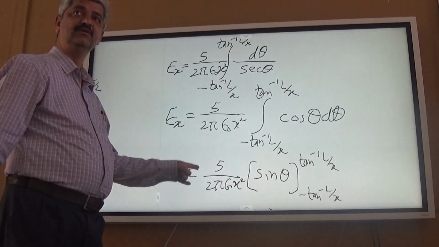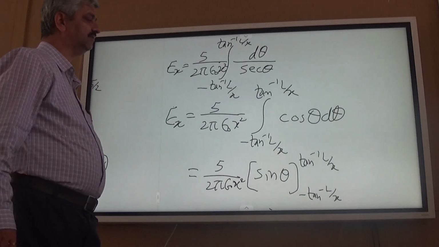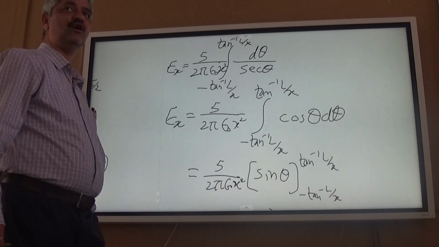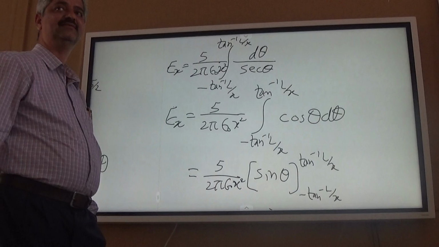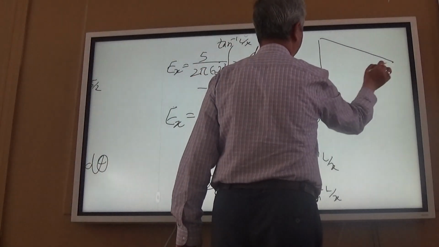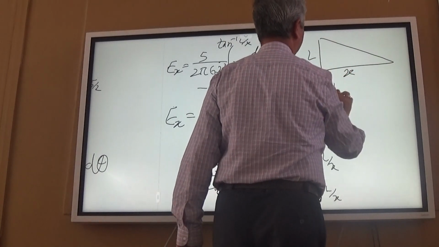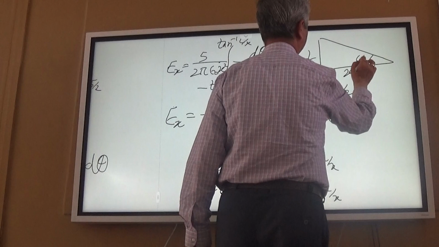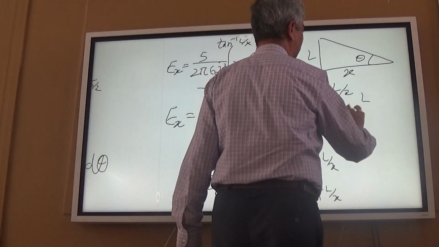Is it right? What is this? Sin of tan inverse of L upon x, what does it come to? It is simple. L upon x is tan theta. Sin theta is L upon